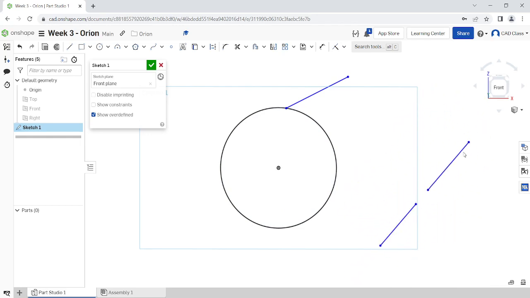I can't move them left or right in relation to each other. They follow each other around, but I can obviously slide them along the line that they share. So they're kind of sharing a line here. That's called collinear. A lot of other CAD programs have a separate collinear constraint, but Onshape combines the collinear constraint along with the coincident constraint, which in my opinion is a nice, clean way to do it. I'm going to delete these lines just to declutter. All right, so let's move on to some other